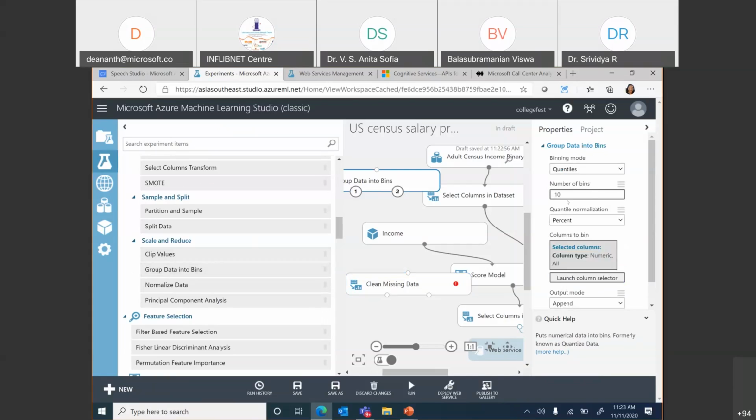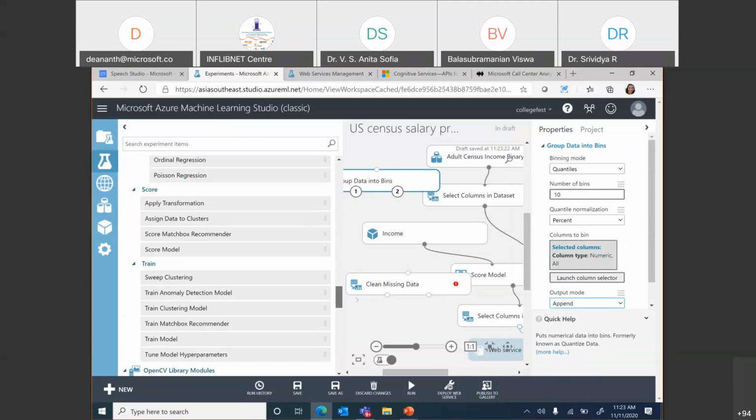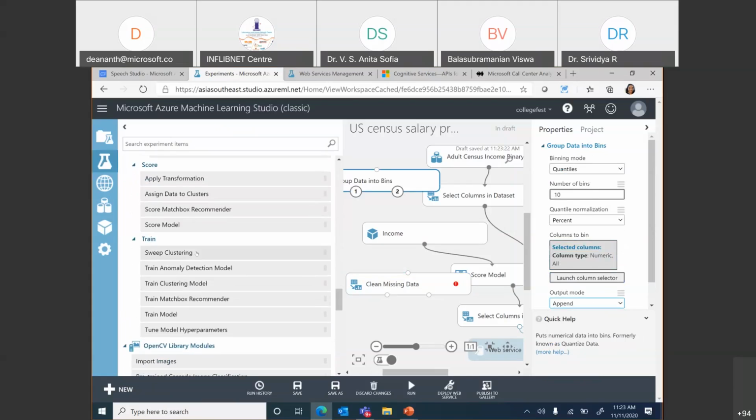You can say how many bins you want, and whether it is numeric, and what should you do. Should you do an in place or a result only kind of a thing? So there are a number of different things available out of the box over here. You can even do things like train clustering models, sweep clustering and all. We also support hyperparameter tuning